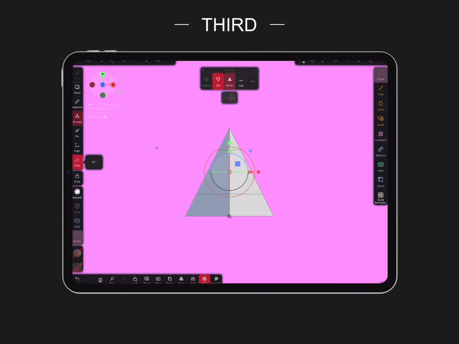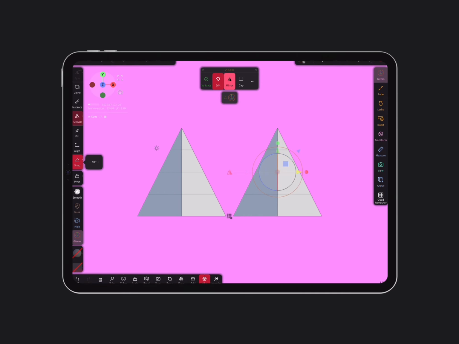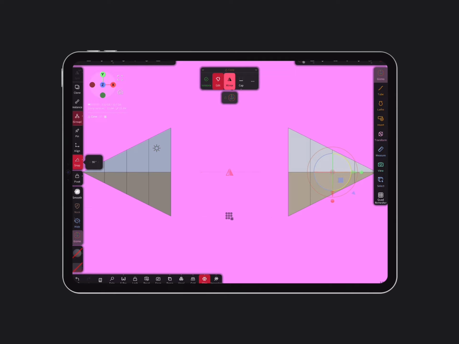Third, we need to create the buttons, and for that add a low polygon, enable mirror, rotate it and move it to the side. Use post processing and slow turntable movement. Then start screen recording. Now let's move to LumaFusion.